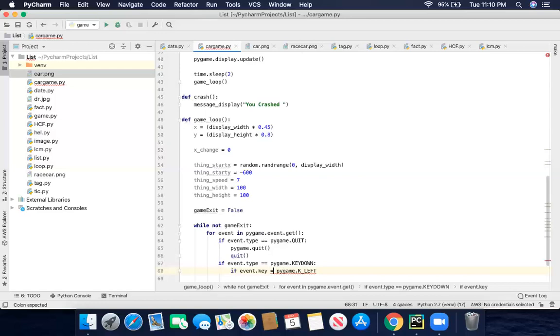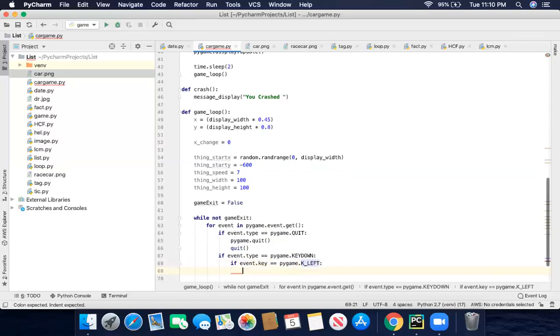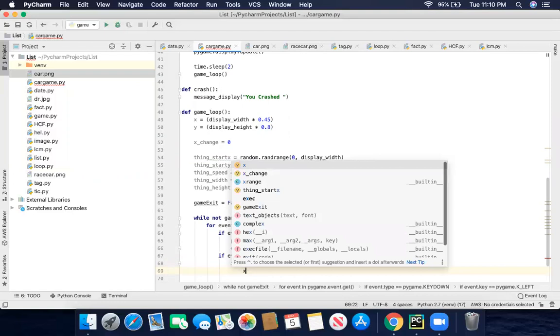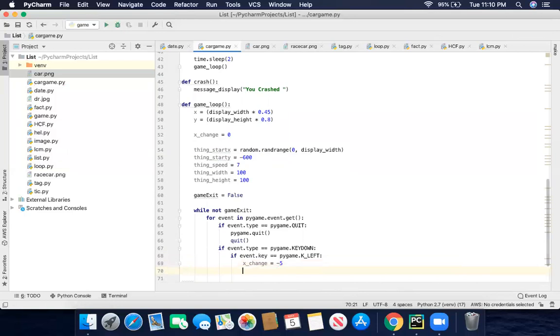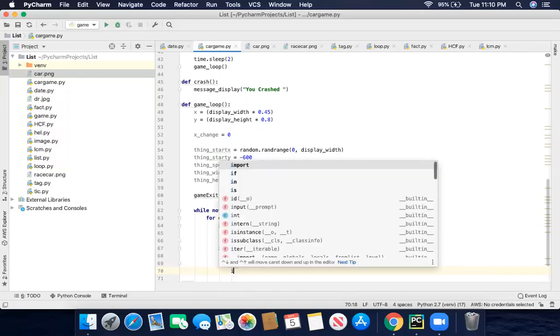So that will make sure that my car moves towards the left when the key is pressed left. x_change: now my value will be changed to -5. When I press the key left, my value will be -5. When I press the key right, if